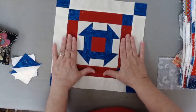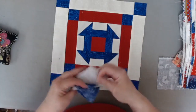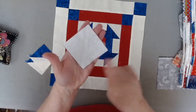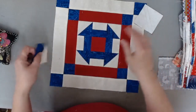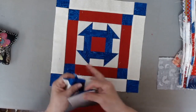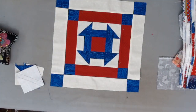It's a simple churn dash in the center. This would be a 6-inch finished churn dash. It starts with half squares for the corners, and that's what I have here. I've done my sewing, so this needs to be a 2-inch finished half square, which means you start with 1 inch bigger. So I have 2 3-inch squares, and I'm going to sew my double line stitch, cut them apart, and these would be trimmed to 2.5 inches so that they finish 2 inches. Then you're going to be putting a ring around the churn dash and another ring around that. That's exactly what's in this